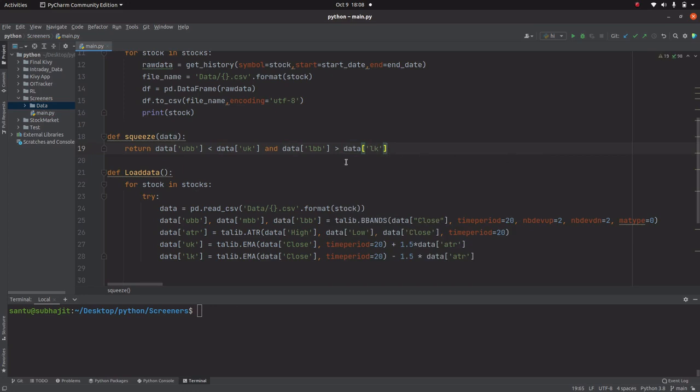So if both conditions are true then this function will return true, or if one of them is false then it will return false.